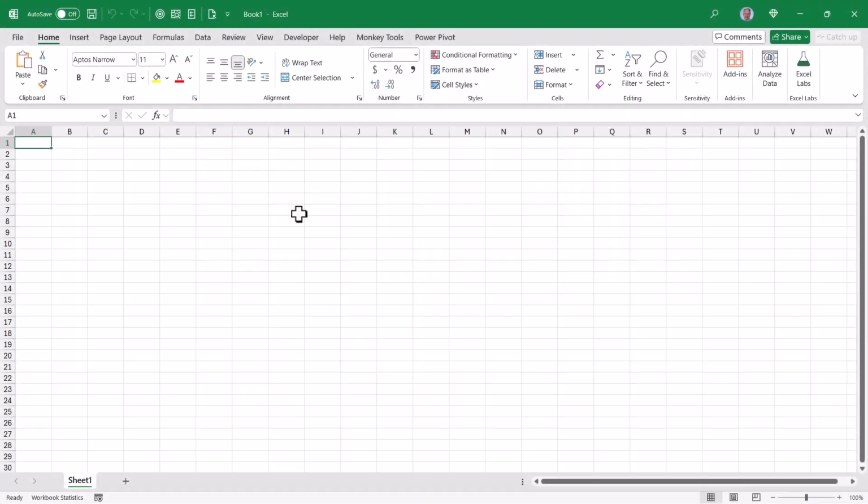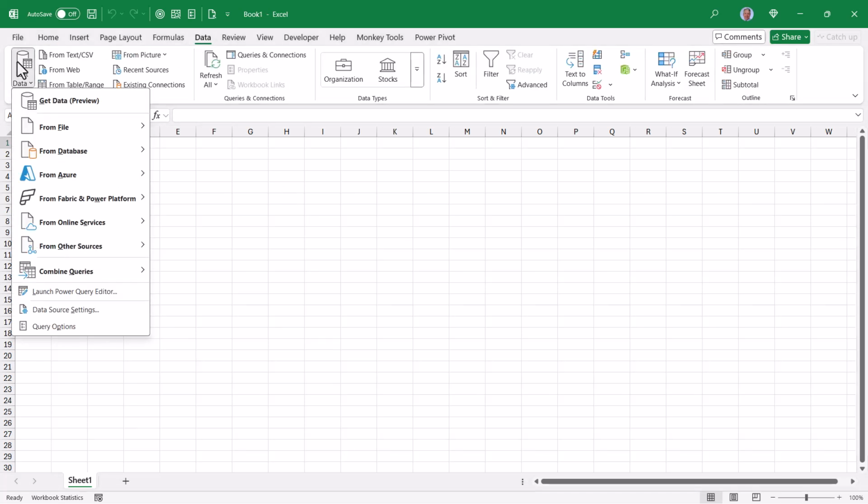All right, folks, this video is going to be a quick one. I wanted to show you something I noticed a few days ago, and I hadn't seen this in any of the Excel Power Query channels that I visit. If we go up to Data and then Get Data, here's a list of all the categories for data connectors,